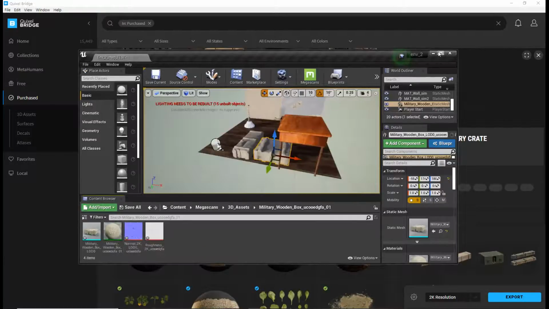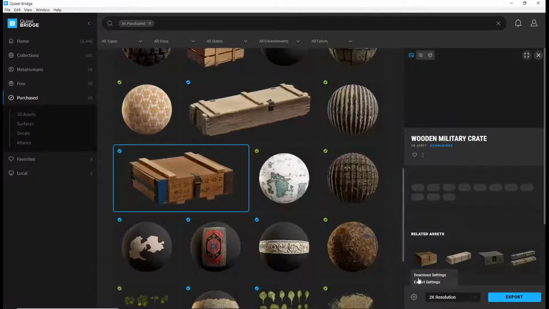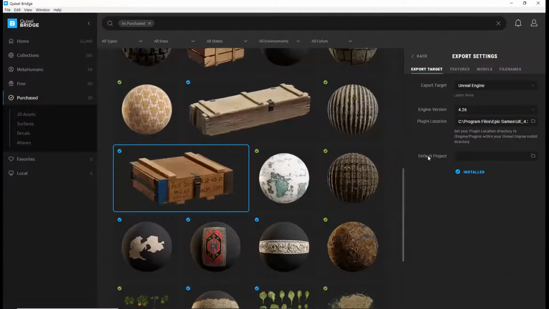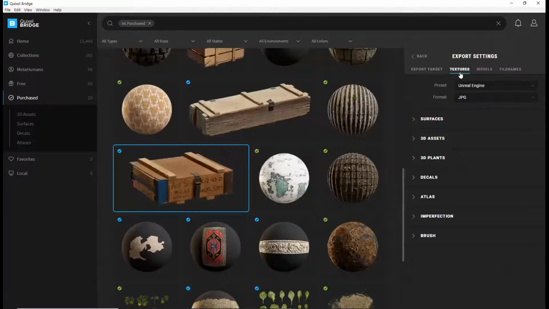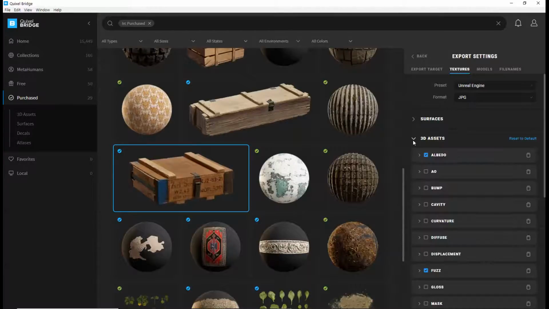Okay. So check your export setting now. Yes, sir. Maybe in that export settings, check textures. JPEG. Decal imperfection. So click on the 3D assets and open it. I haven't done anything over this one, sir.